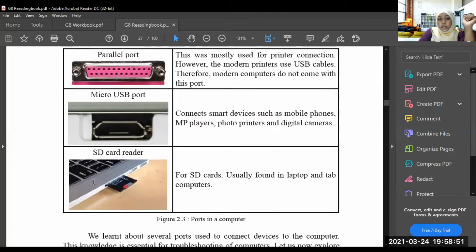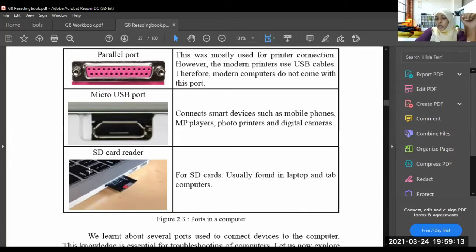Okay. SD card reader, there is a port like this in laptops. This port is used to connect the SD card. SD card means the chip. You know the chip, right? A chip is small, right? So there is an SD card reader. You can put the chip here, okay?